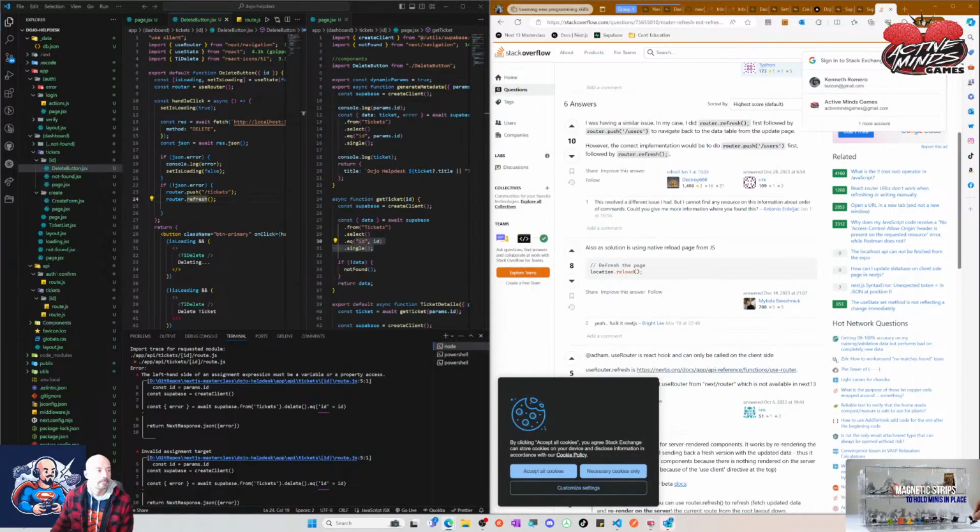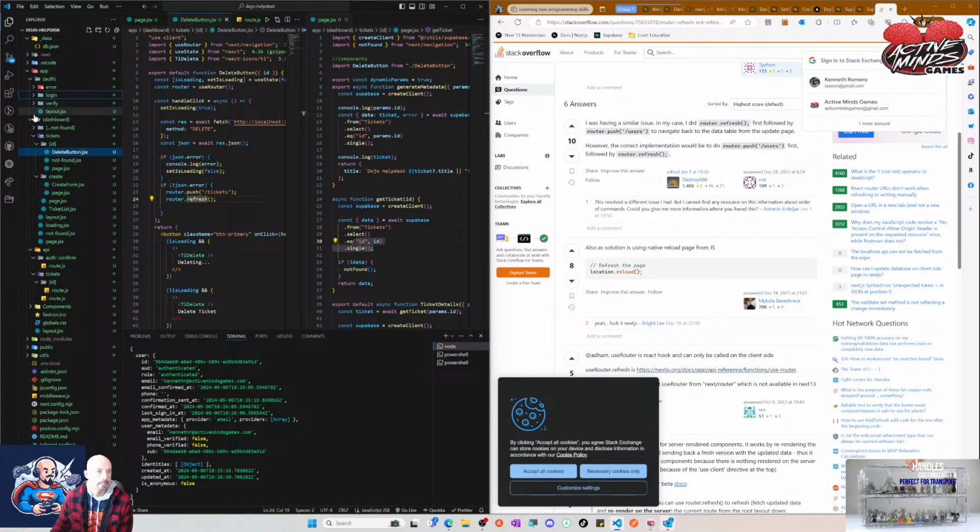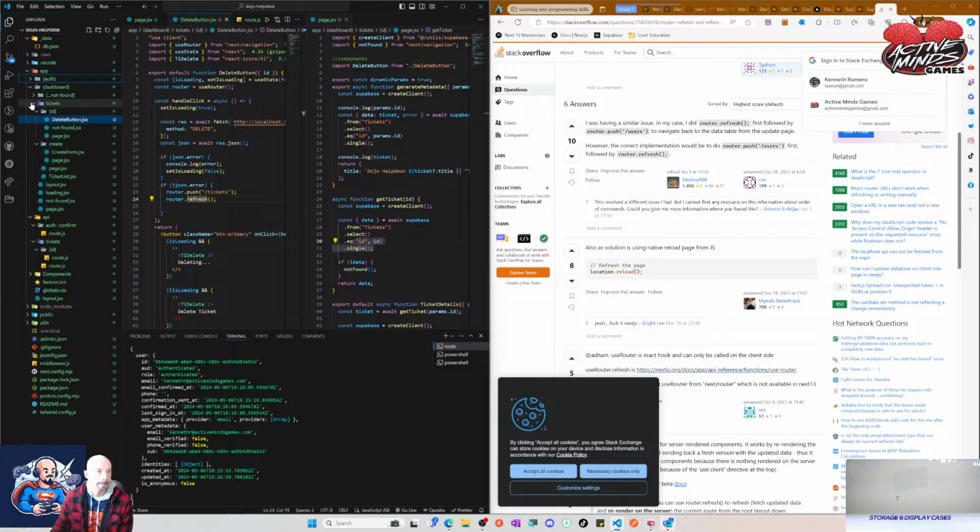Authentication and a database, and the application's all working pretty well in dev mode. So next up I want to try building the application to see what it would be like in production and to make sure everything works as it should. But before we do that, I want to make one quick addition to the root layout file. And that's to add a quick export at the top of the file, and it's going to be a constant called dynamic, and the value of that is going to be